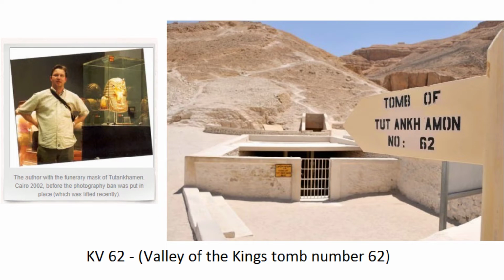In this case study today, I'm going to be looking at a very famous archaeological site, and I'll be looking at a particular logical fallacy. The site I'm going to look at is KV62, the tomb of Tutankhamun in the Valley of the Kings in Egypt. And the logical fallacy I'm going to be looking at is an informal logical fallacy called wishful thinking. I'm going to look at how that's affected the way data from the tomb has been interpreted in recent years.